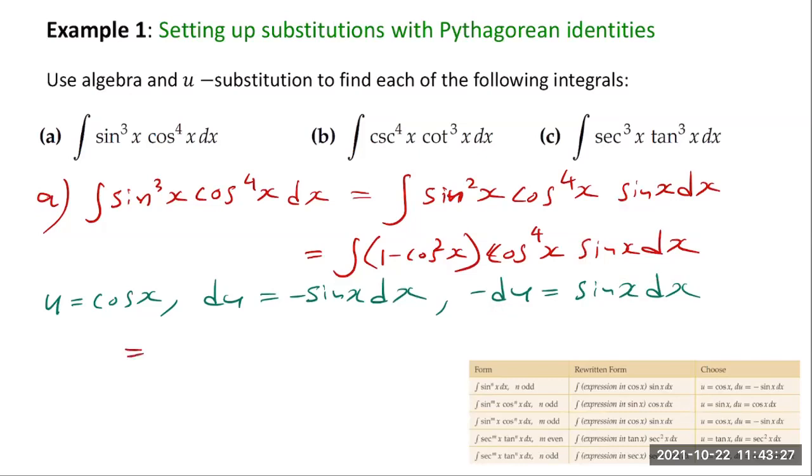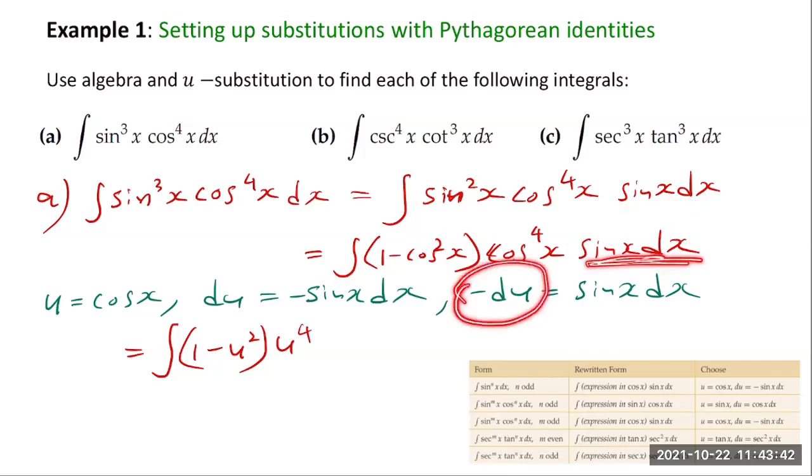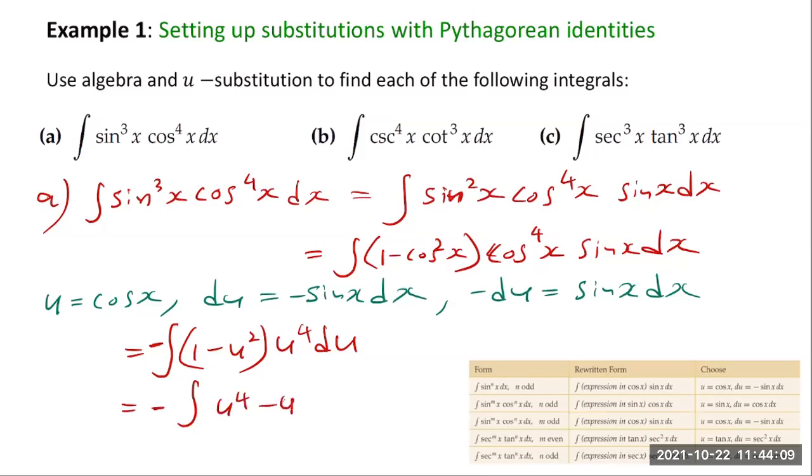If I do the substitution, then my integration becomes 1 minus u squared, cosine x is u, and then u to the power 4 times sine x dx. Here sine x dx is minus du. So I can pull that minus sign out here. You get du. Okay, so your integration is going to be this simple integral, which you know how to solve. Okay, so let's find this integral. This is going to be minus times u to the power 4 minus u to the power 6